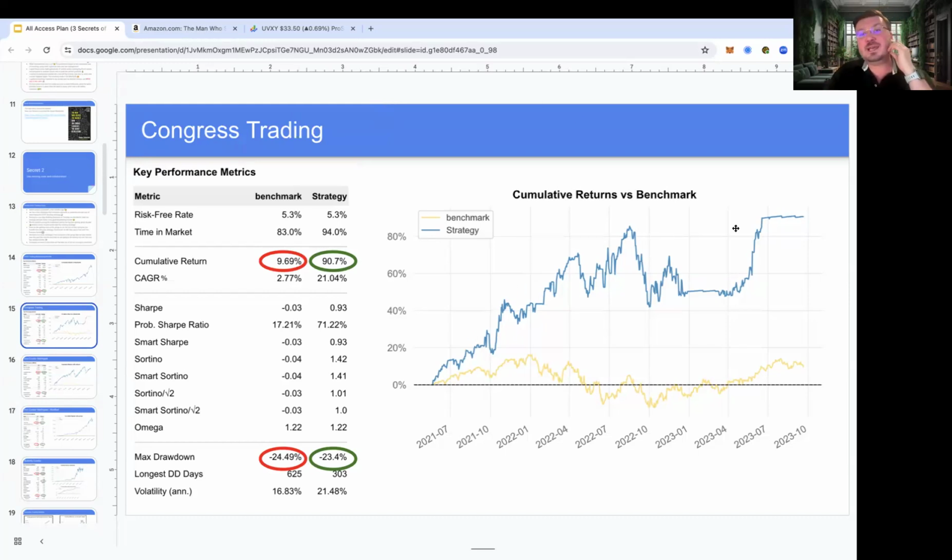So when we ran this and backtested it, we see here that since the beginning of 2021 to about the end of 23, around a 3-year time period, this algorithm was up 90% versus the S&P 500, which you can see here in yellow, was only up 10%, or 9.6%. So we had about 10 times the return of the stock market, or on a compound annual basis, also about 10 times more, 21% a year versus 3% a year for the stock market.